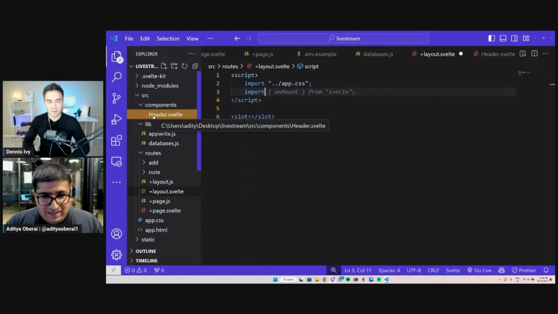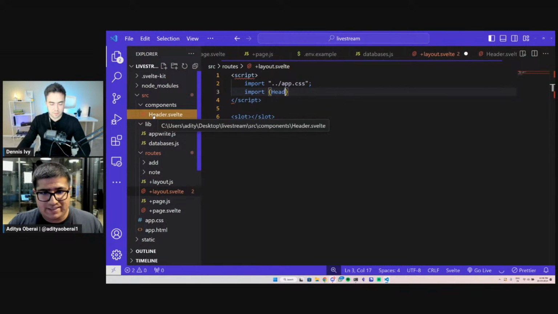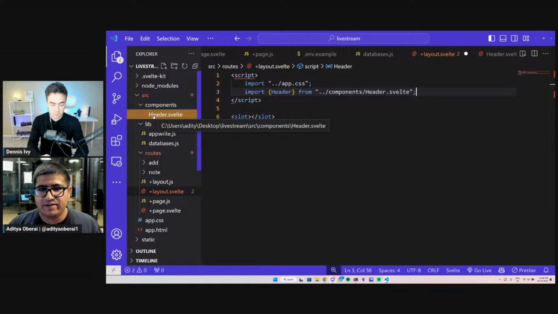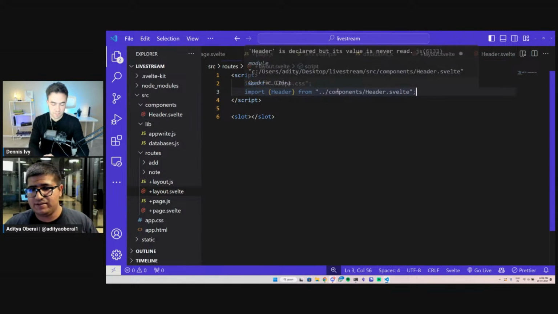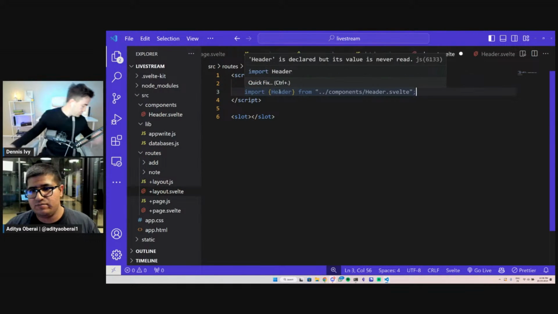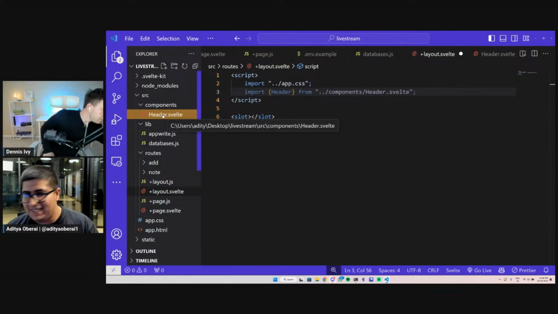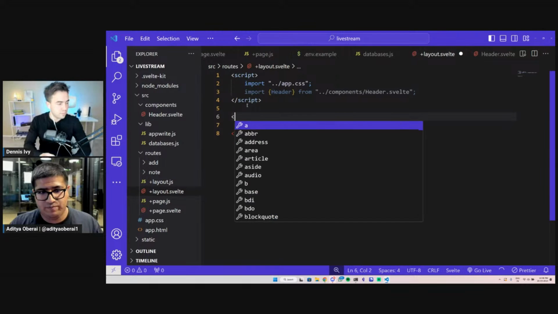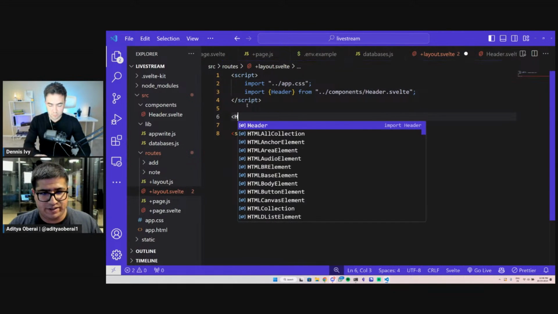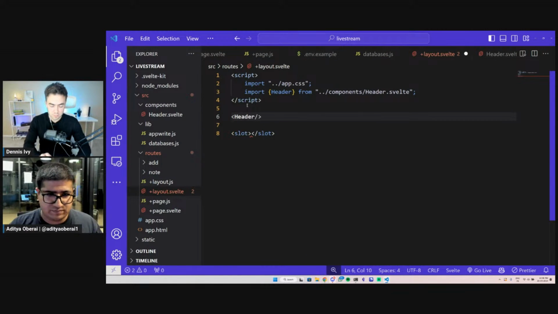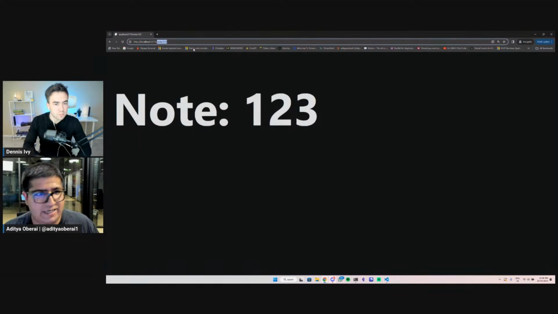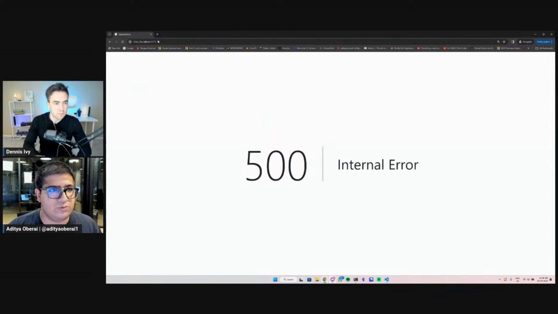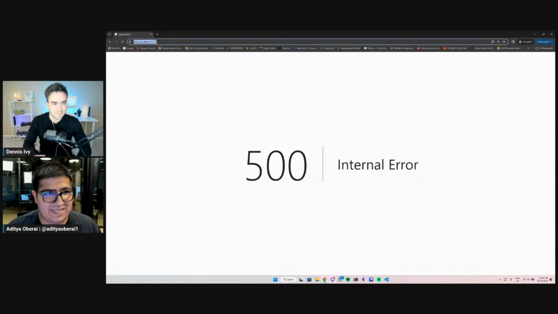If I do need to import this header, by the way, all I'm going to do is import the Svelte component directly. I'm doing this in my layout. Because I've imported it already, all I need to do is mention our header here. And if I go back to what happened there,